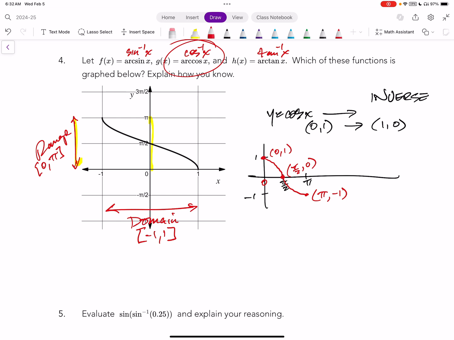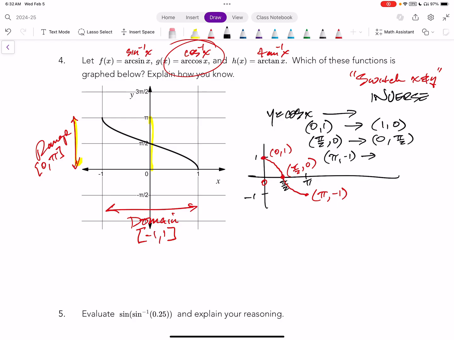So what am I saying? You have to switch the domain and range. So switch x and y, as you guys know. We've done that before for other functions when we were studying it. So this becomes 1, 0, and then pi halves, 0 becomes 0, pi halves. And then your pi, -1